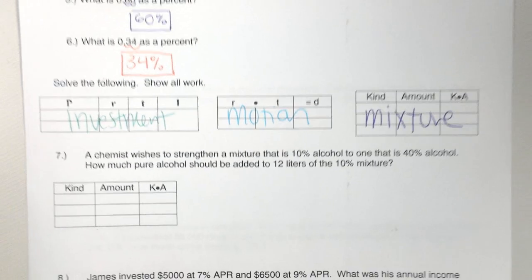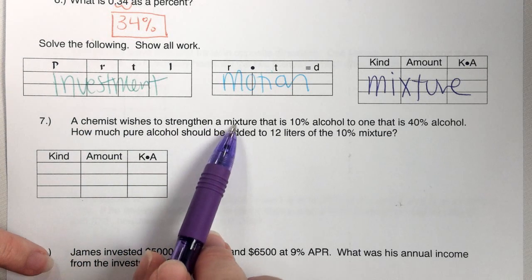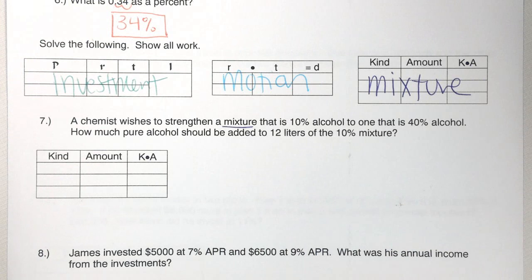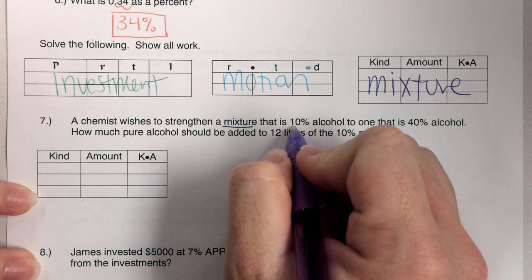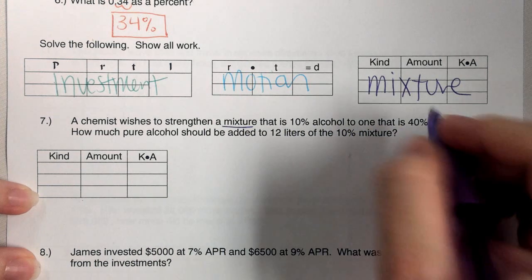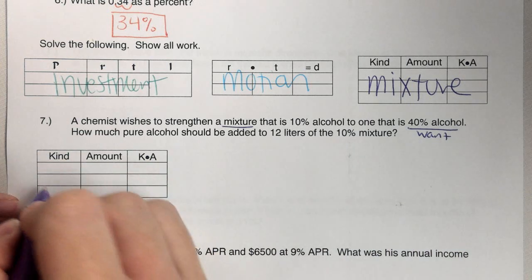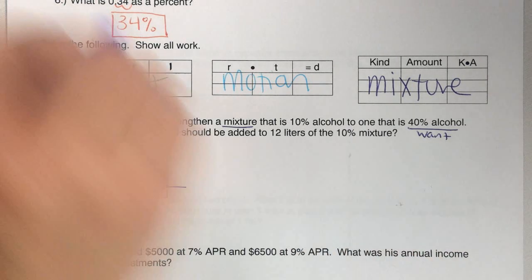So this first one, I know it's mixture because it literally says a chemist wishes to strengthen a mixture. Okay, it says a chemist wishes to strengthen a mixture that is 10% to one that is 40%. So this is my want. This is what I want to create. So remember, I want